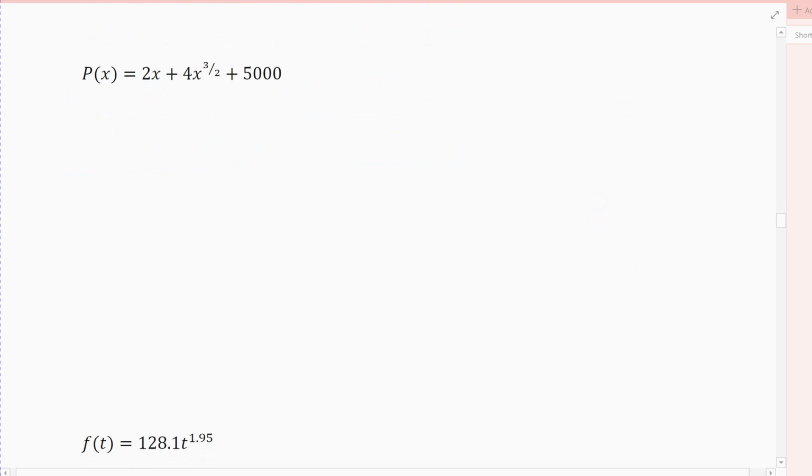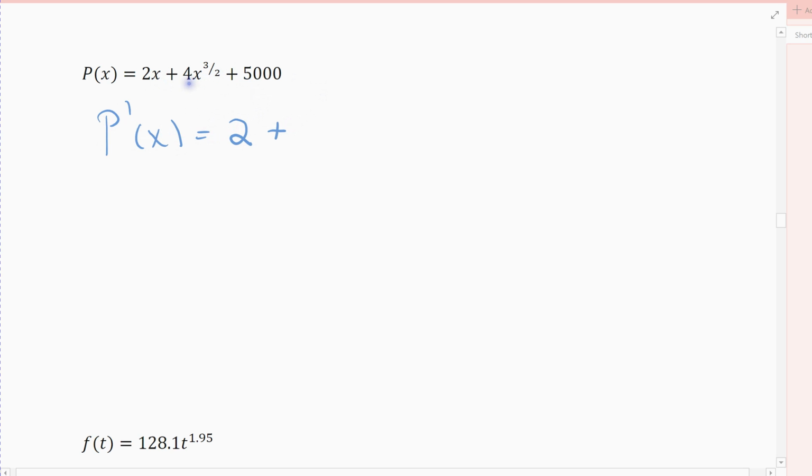All right, the next example has 3 functions. There's the 2x function, the 4x to the 3 halves power, which would be the square root of x cubed, and the constant 500. All right, so the derivative of this, well, the derivative of 2x is just 2, right? 2 comes along, derivative of x is 1,